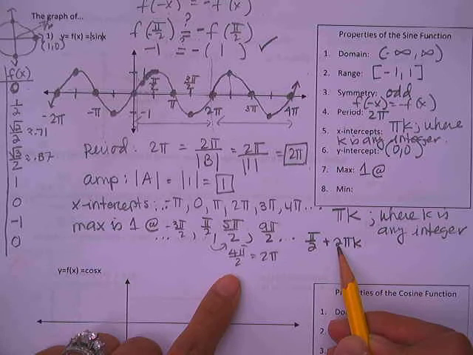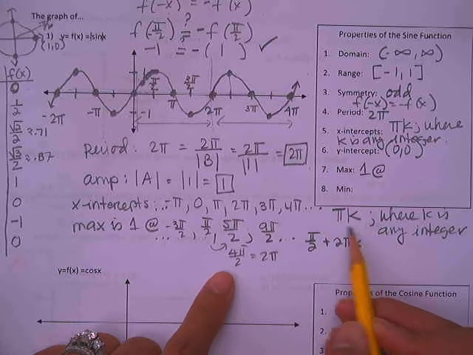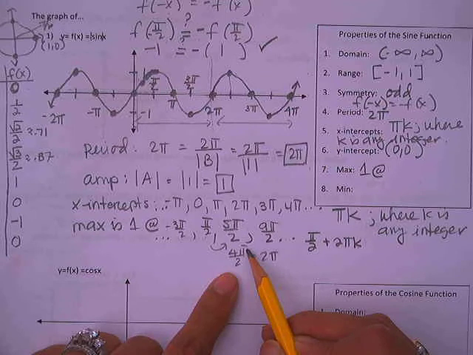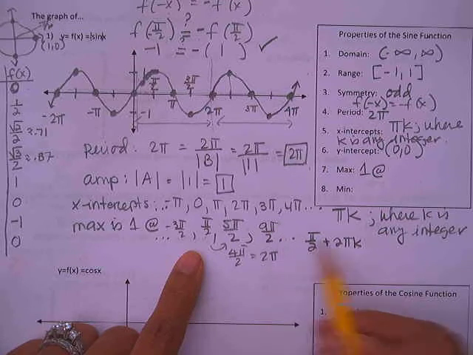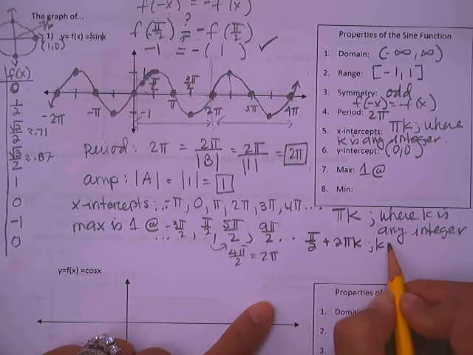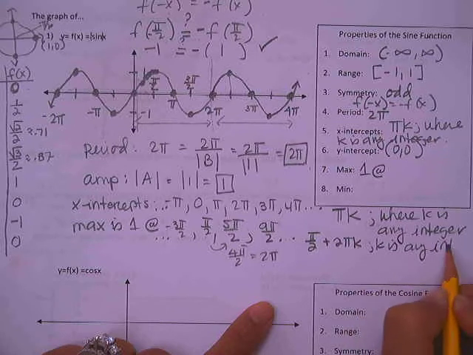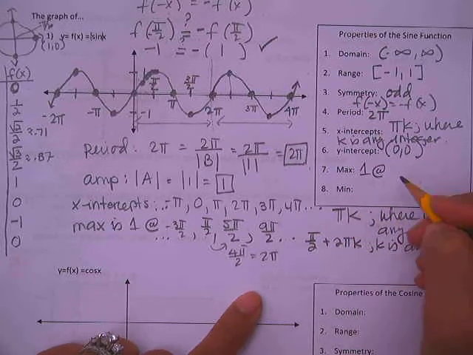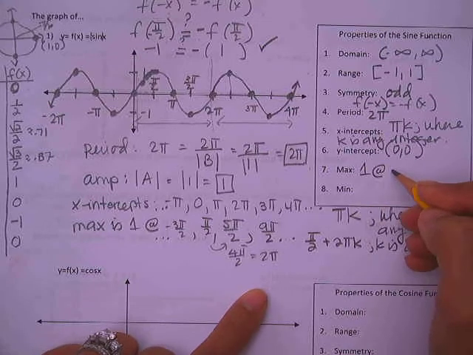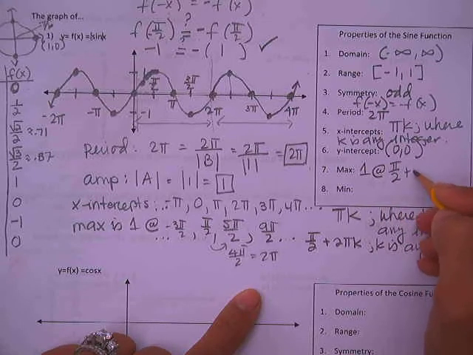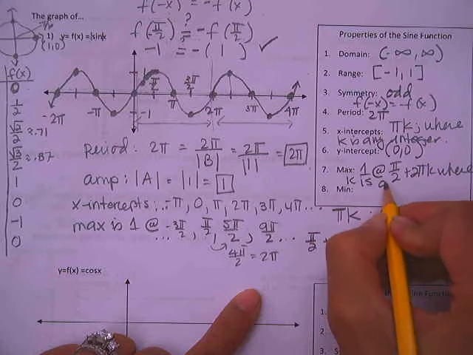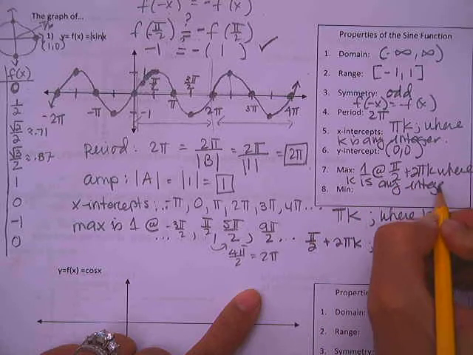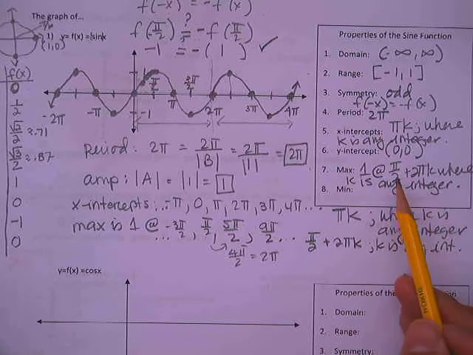How about when k is 2? 2 times 2 is 4. If it's 4 pi, that's really 8 pi over 2. Well, 8 pi over 2 plus pi over 2 ends up with 9 pi over 2. So this works, right? So k is any integer as well. So my max is 1 at pi over 2 plus 2 pi k, where k is any integer. Okay? This is so difficult and so hard to understand that, remember, you need to repeat this video,